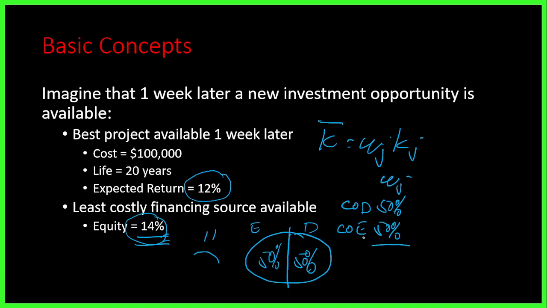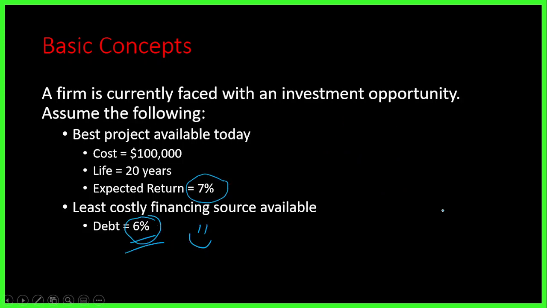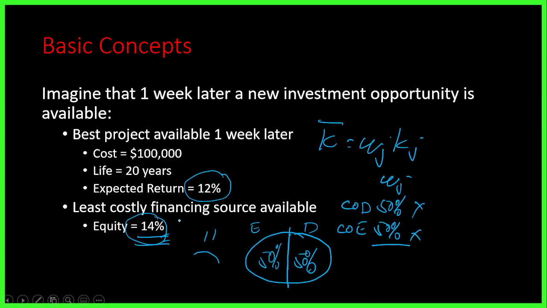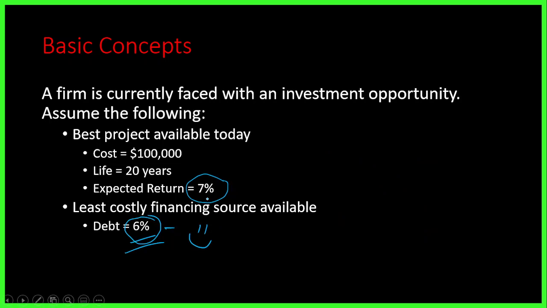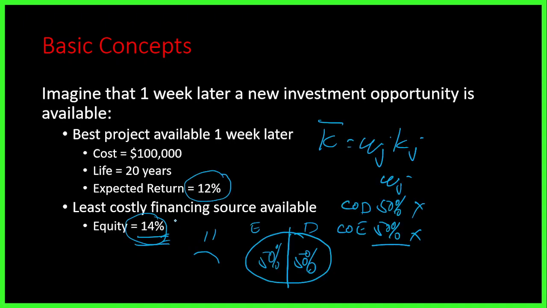Now, assuming these are the only sources of financing, we multiply that with the individual costs. For your cost of debt earlier, the cost of debt is 6%. Ay, wait lang. Mali. Napagbaliktad ko. Okay, I just want to correct myself. This one is 12% and we rejected that. And then earlier, the return is 7% and this one, we accepted that. So we accepted 7% and we rejected 12% because the return is lower than 14.